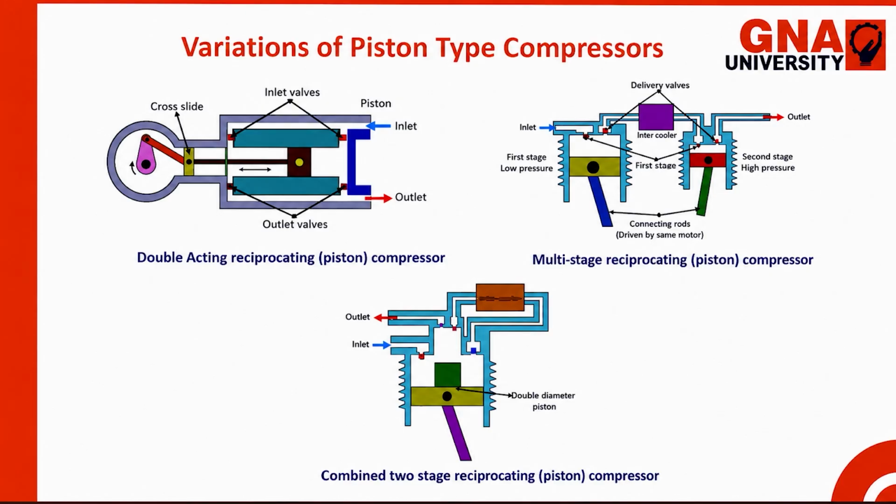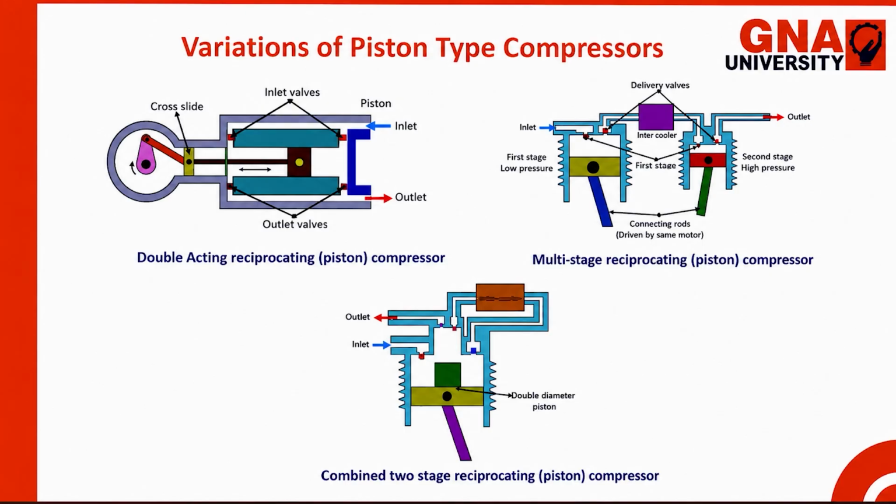When the air passes through this intercooler, it acts as a heat exchanger and cools the passing air, and then the air moves to the second stage cylinder, where we will get the high pressure. Here the air is again compressed, and it moves to the outlet at the required pressure. The multi-stage compressors can have n number of stages. In this, you will achieve a compression ratio in both the stages, and you will get the air delivery at high pressure.